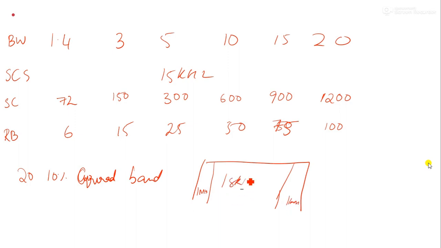So the total bandwidth which will be used for our actual data will be 18, sorry, not kilohertz, 18 megahertz. I hope there is some clarity with respect to all these aspects so that we